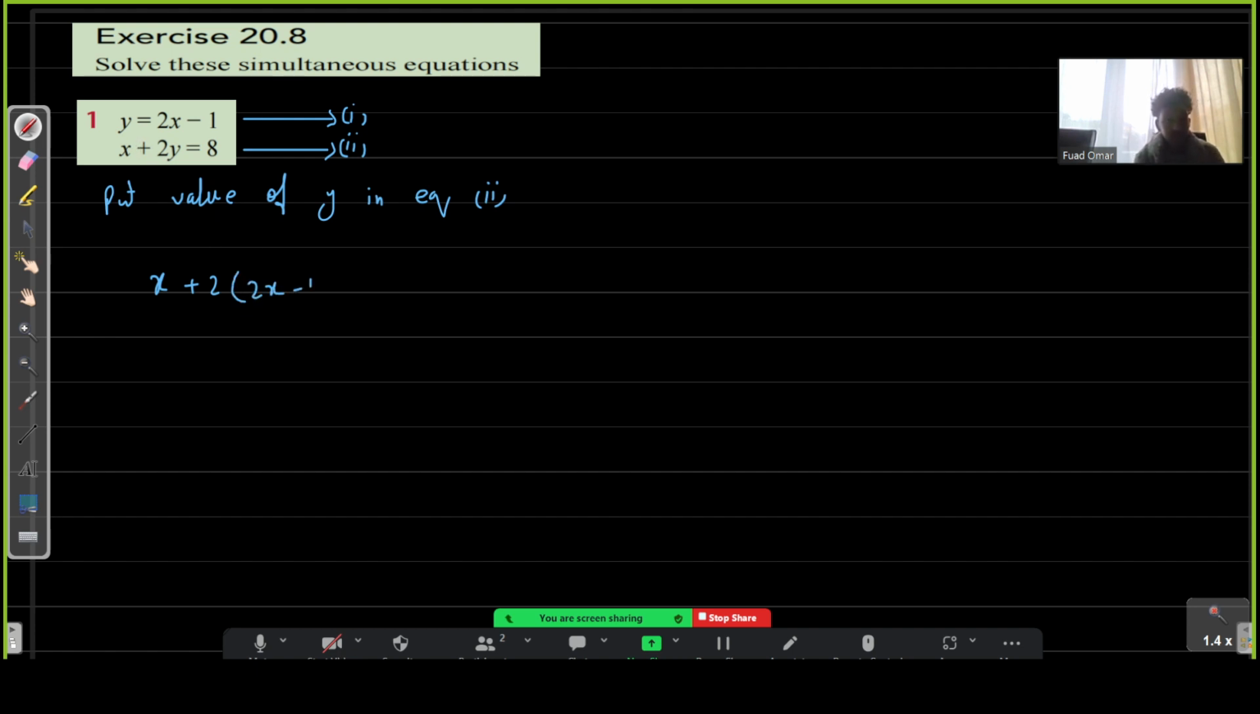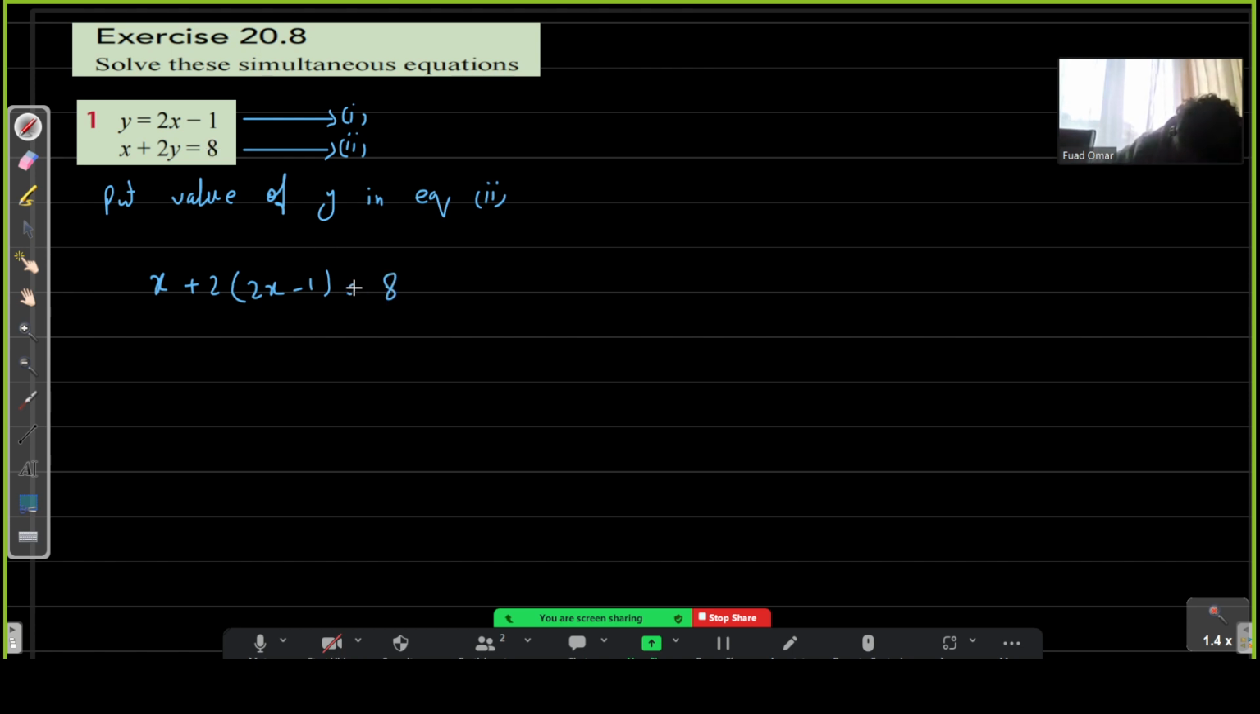So in this question we have two equations, and here we have equation number 2. I'm just going to give them names. What I'm going to do is put the value of y in equation number 2. So what's the value of y? y is equal to 2x minus 1. So I'm going to put 2x minus 1 instead of y. So x plus 2, and in the place of y I'm going to put 2x minus 1,